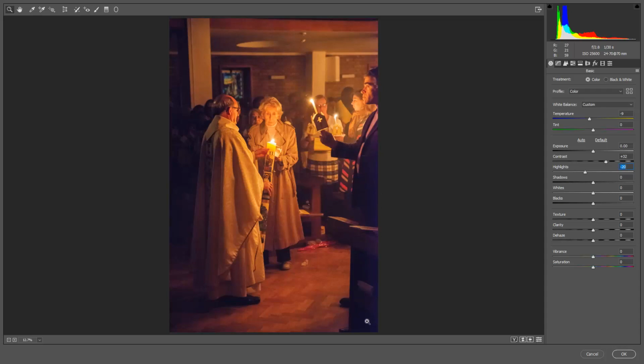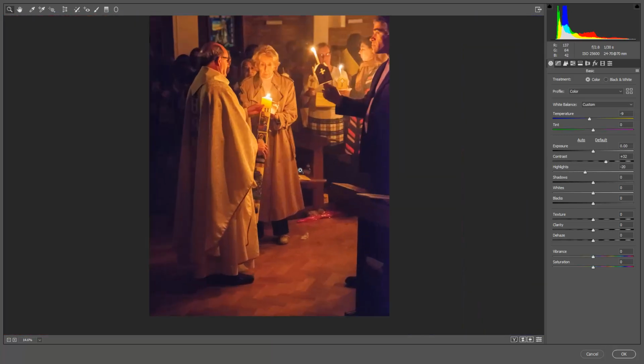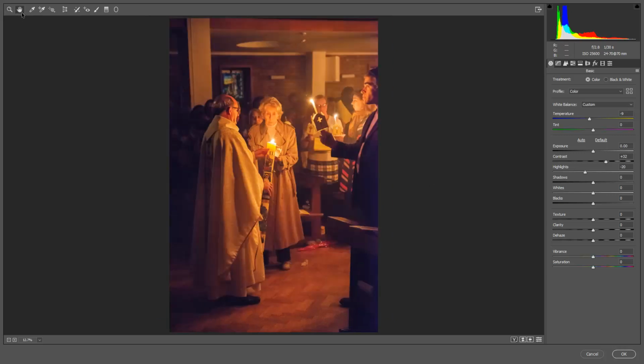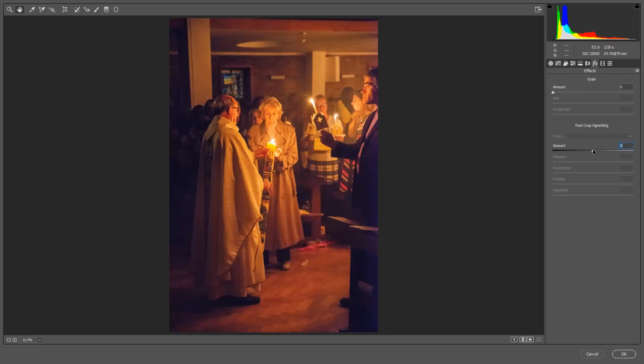We see right here on the edge it's still a bit noisy, and obviously that's because I went to the extreme with this camera. This was taken about 4 years ago, with the 800. So what I want to do to get rid of this is go to the FX. I'm just going to add a bit of a vignette, and as you can see,